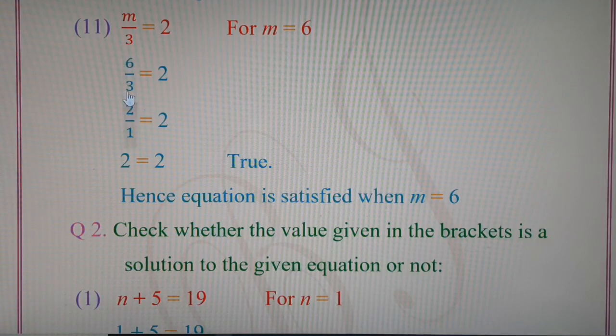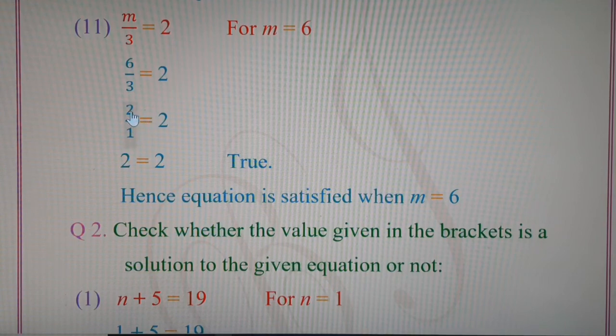It means we can do cancellation because 3 table we can cancel 6. 3 1s are 3, 3 2s are 6. The answer will be 2 upon 1. That is equal to 2. And we have learnt in the chapter of fraction, when in the fraction the denominator is 1, the answer will